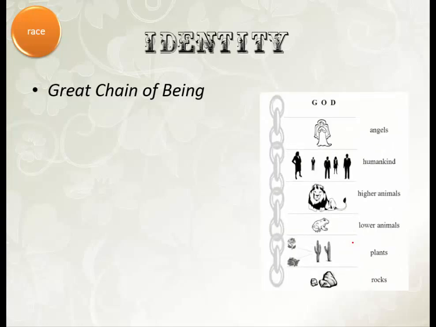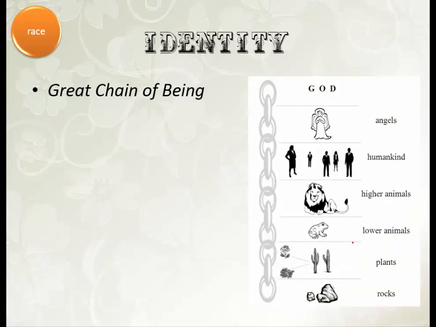In the Victorian era, people were seeking order. Many believed that everything on earth had its own place and that some things were more valuable than others. Many people believed that something called the Great Chain of Being explained which things on earth were more important and which things were less important. Here is a version of the Great Chain of Being. As you can see on the chain, God is at the top, and humans are more important than animals, but